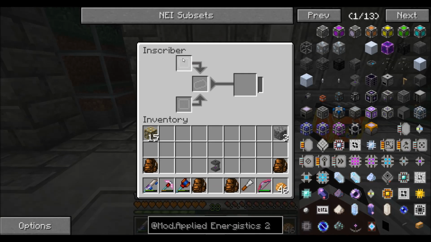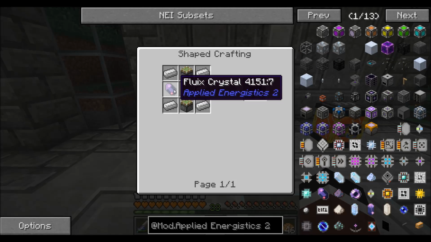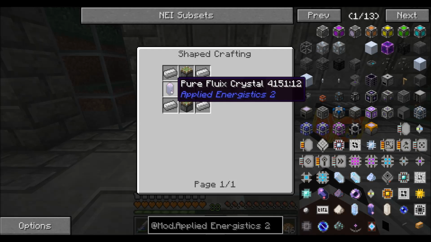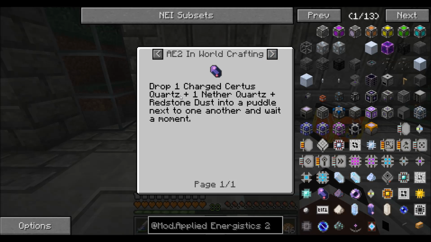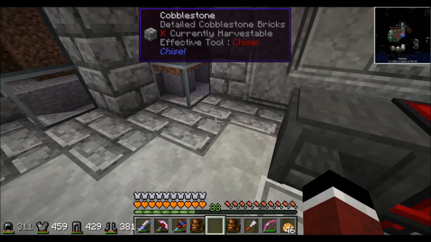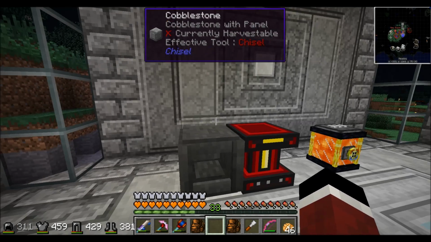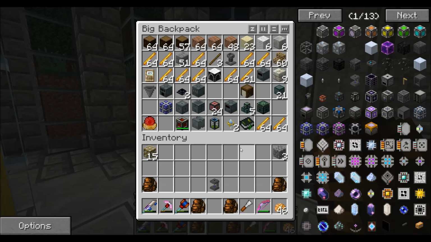So you put your little thing in there, and this is pretty easy to make. Just a flux crystal, some pistons and whatnot, and you can get these little guys pretty easily. You just drop 1 charged Certus quartz and 1 other quartz and redstone dust into a puddle of water, and you can just have a little thing of water, put it in there, and it'll become a flux crystal. So you put those little guys in here and whatnot,